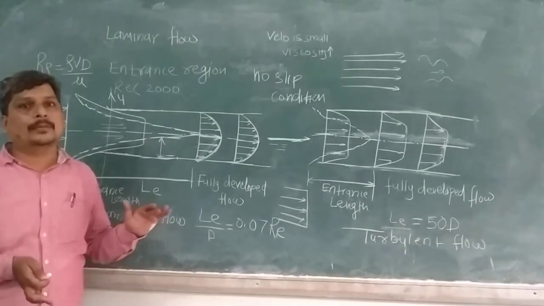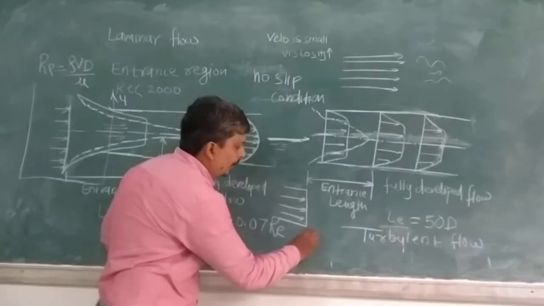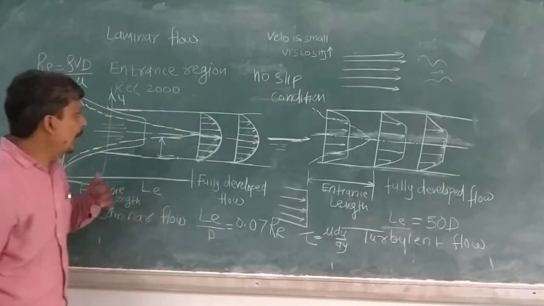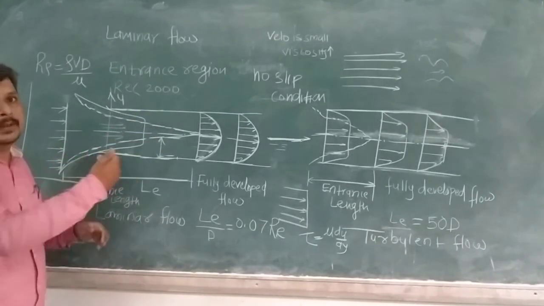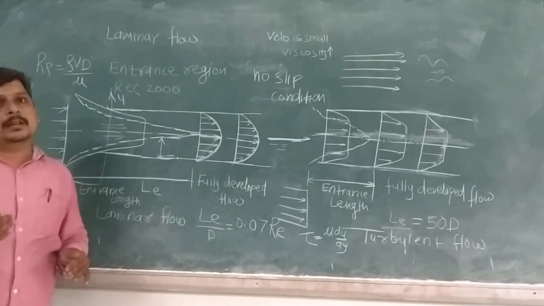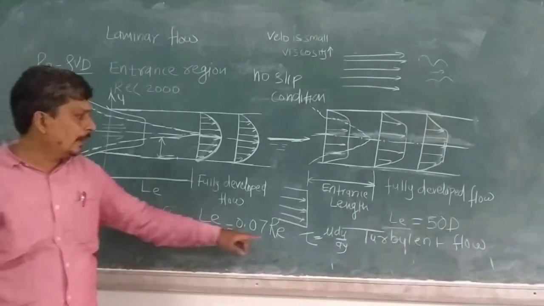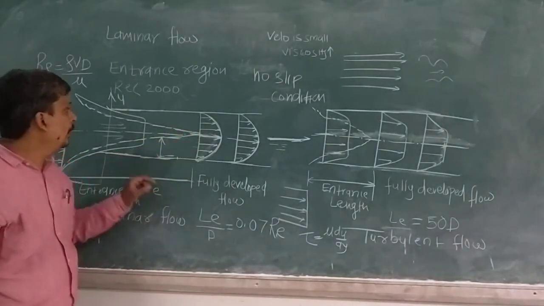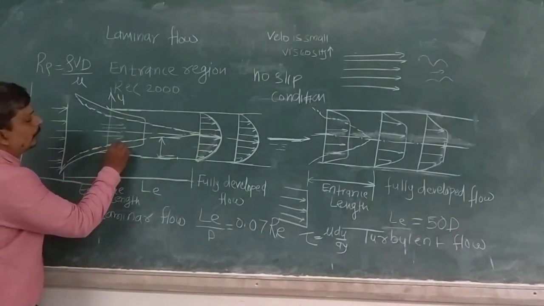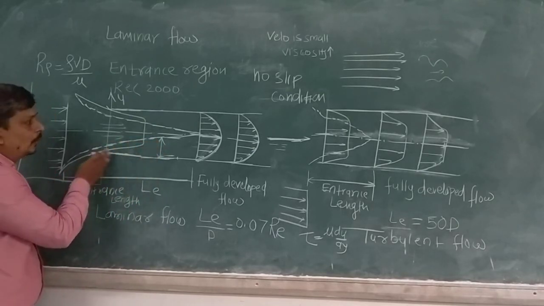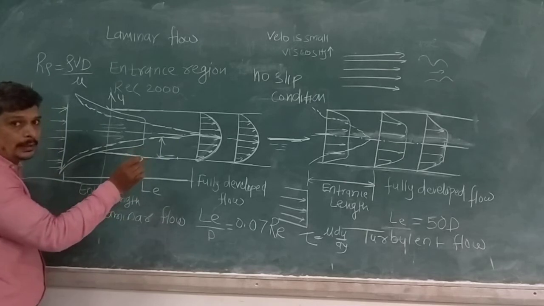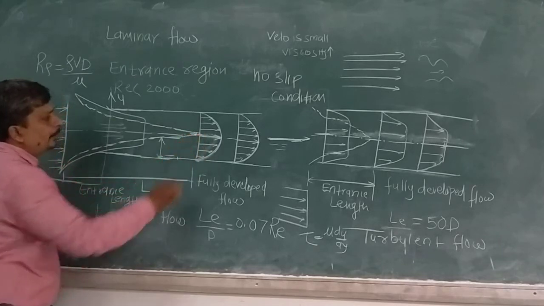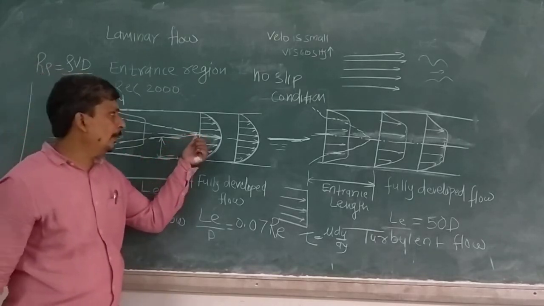And viscous shear stress we know is given by tau equals mu du by dy. So as the fluid moves along this direction, there is a viscous or shear stress resistance to the flow. This is higher when the viscosity is higher. So this will give the velocity profile. This boundary layer goes on increasing along the length, and at a certain point the two boundary layers will meet at a single point at the center of the pipe.